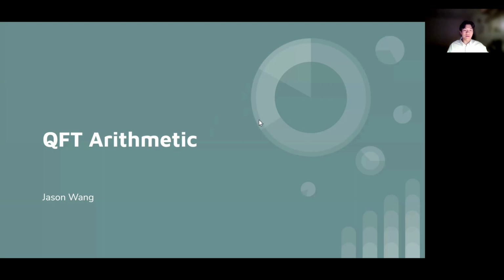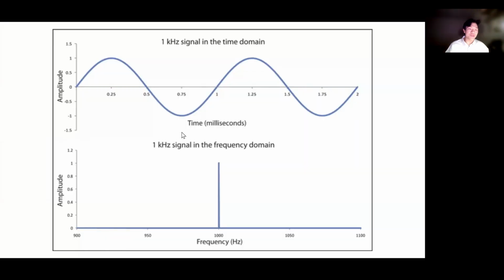Hey everybody, I'm Jason Wang, and in this video I'll be showing you my attempt to implement QFT arithmetic. We'll get to what QFT is in a second. QFT stands for the Quantum Fourier Transform, and in essence, it is used to